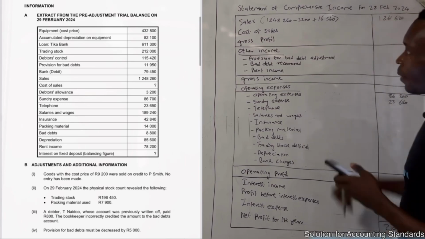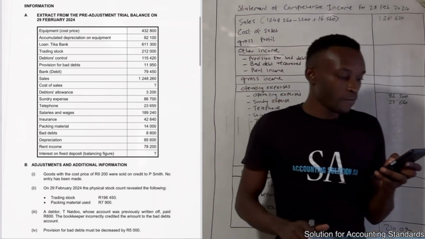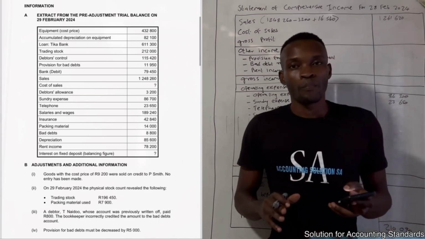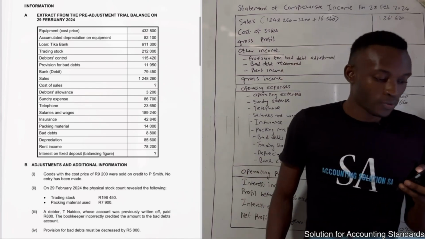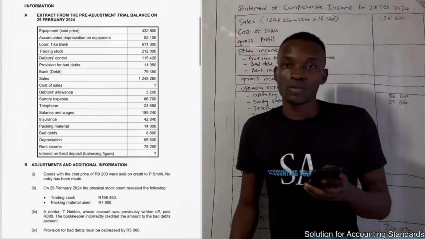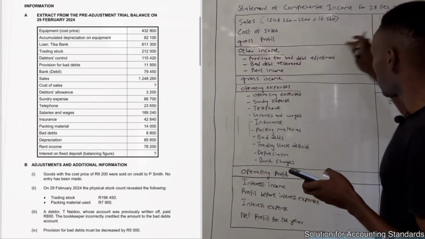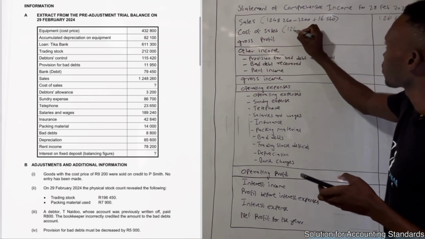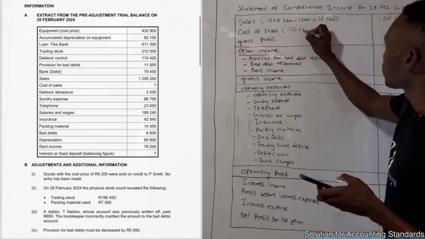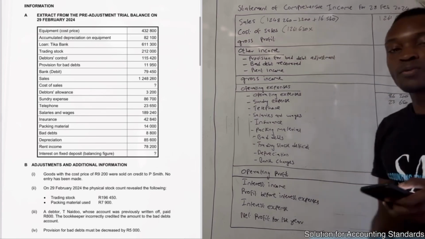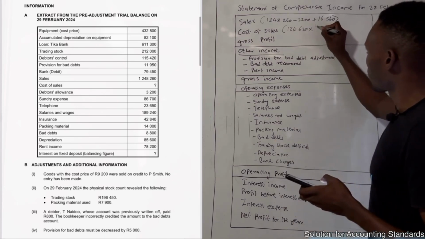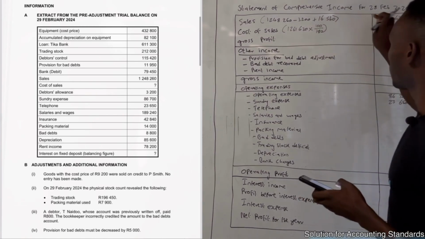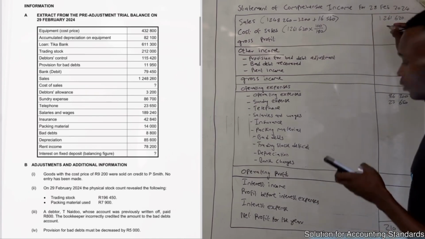Okay, so we don't have any other transaction related to this, and now it's going to give us 1,261,620. All right, remember guys, if you check here under cost of sales, there is nothing that was given. If there is nothing given under cost of sales, this simply means that you must use a markup. You are going to take this total, 1,261,620, to convert into cost of sales. Now, because you're converting to cost of sales, you must say 100 on top and 180 on the bottom. You do the reverse of what you did here. Then it's going to give you